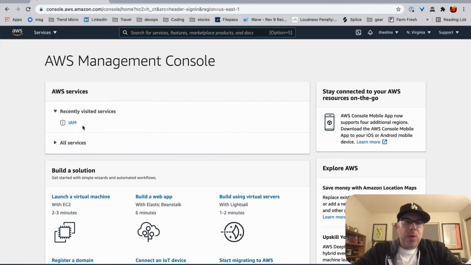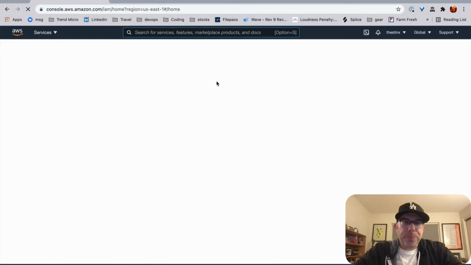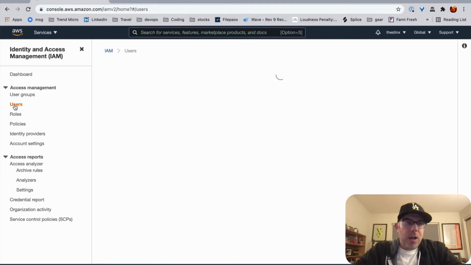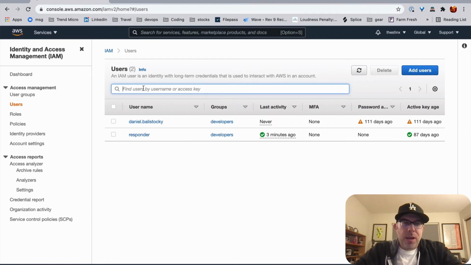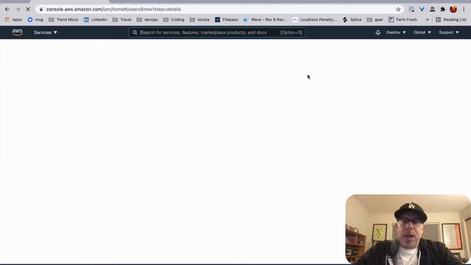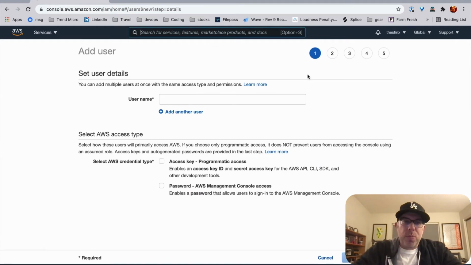Okay, so we're back in AWS, and I'm going to go into the IAM section so that I can create a user that is non-compliant, of course. So I'm just going to hop on over here to users. You can see two users that already exist. We're going to add a new one. And according to what I've set up in Responder, a non-compliant user is any user that is not first name underscore last name. So I'm just going to create